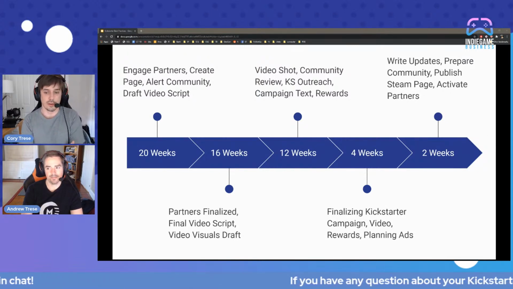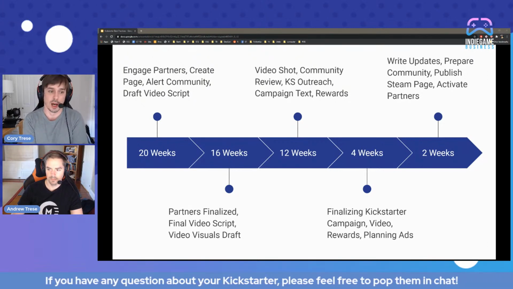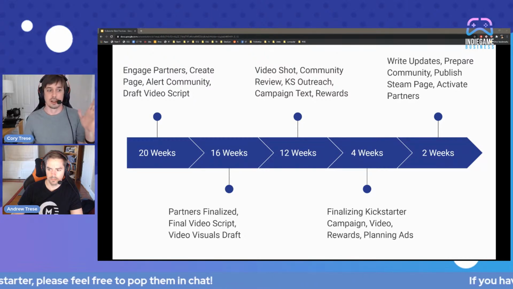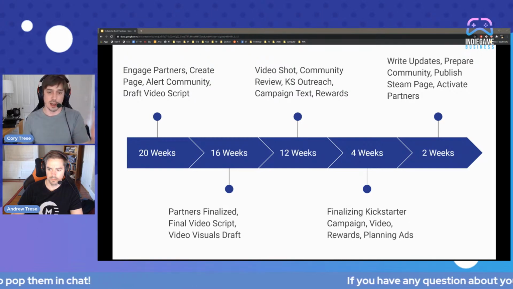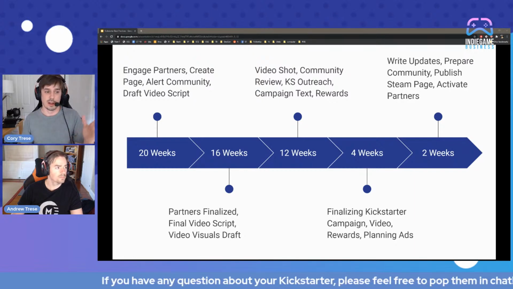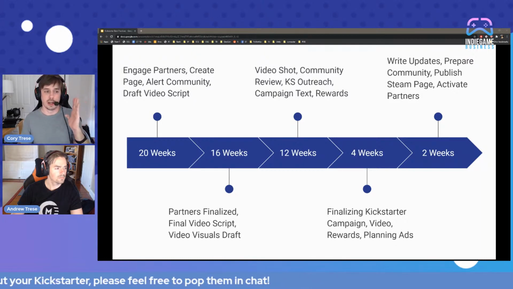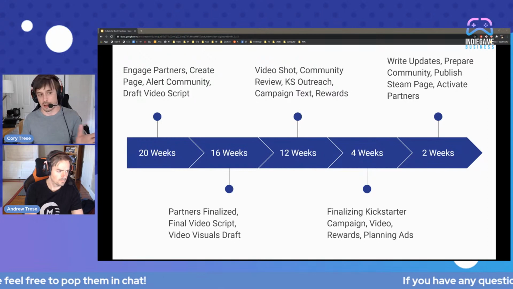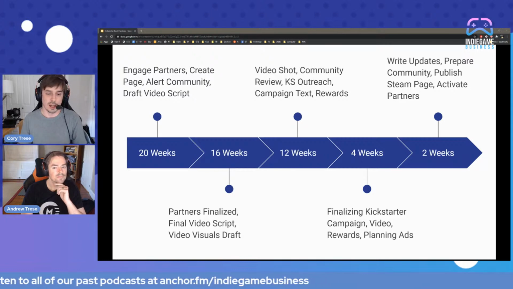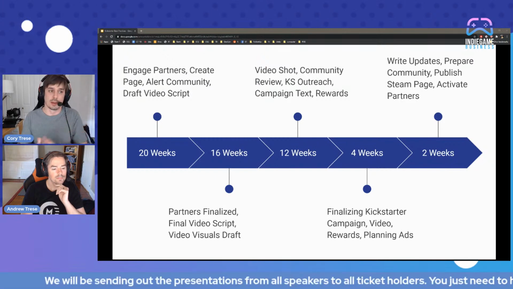And then our last slide is kind of our minimum recommended timeline for pre-campaign. I think the 20 weeks before the campaign goes live is, if you're not working on it a ton, you should probably rethink your schedule. So this is kind of the skeleton of the to-do list that we used to plan the 30 weeks before our campaign. So we had a week by week, here's what you have to do, here's what you have to have done this week, and we just burned our way through it until we got to pressing the go live button on the Kickstarter campaign. So if you plan ahead, you can have things ready. Trying to rush to a date is going to be a recipe for disaster.